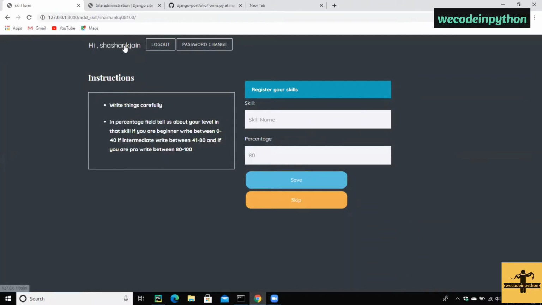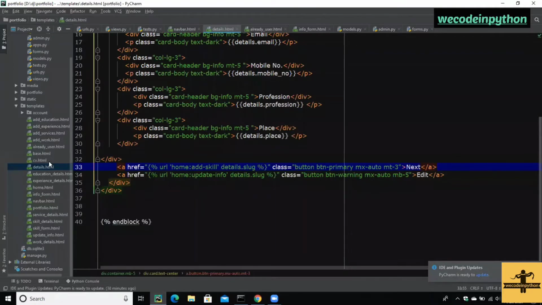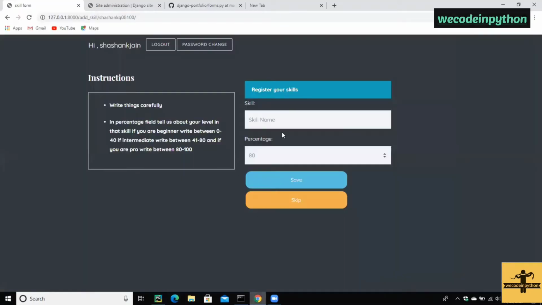On this page, this is the get method. For now you can see here this is a get method, which is indicating that it is just representing this form. This form is a blank form. So whenever I submit this form, let me just write here Python and add it as 90%. And if I click on the save button,